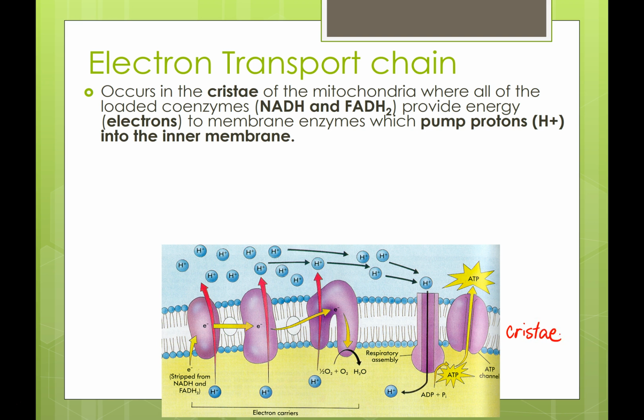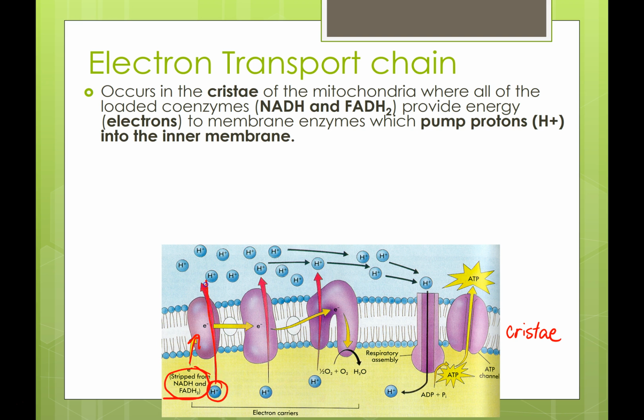What happens is these loaded coenzymes actually provide energy in the form of electrons to membrane enzymes, so membrane-bound proteins, which will pump protons into the inner membrane. So stripped from these NADH and FADH2 molecules, these electrons are going to provide energy to the proteins in the membrane, and hydrogen